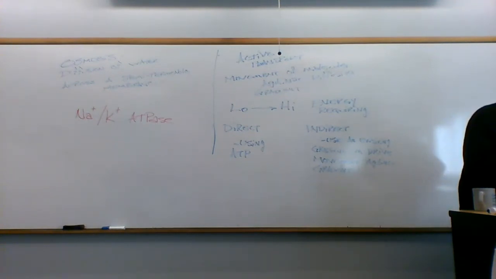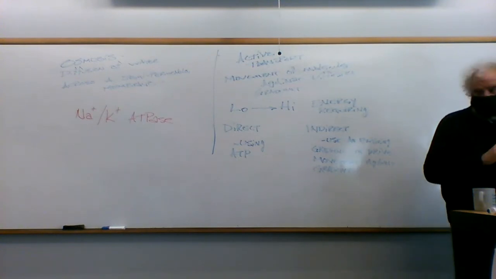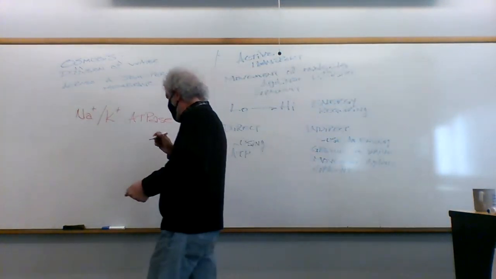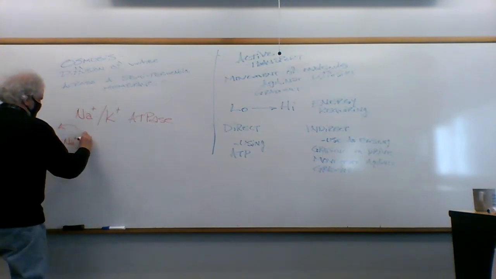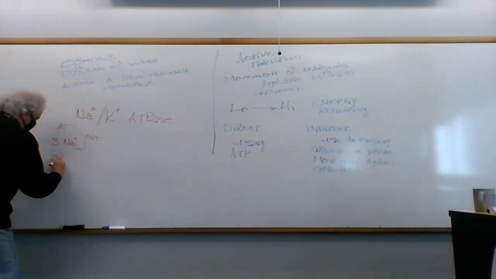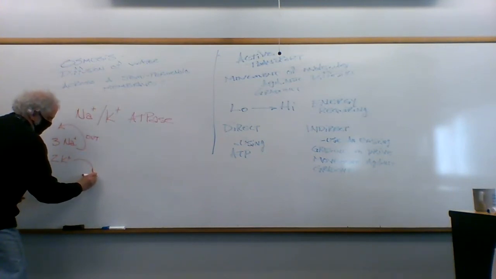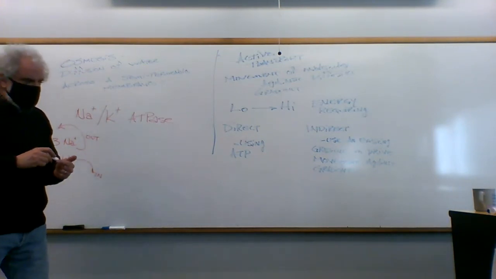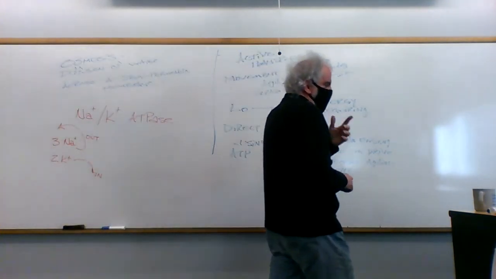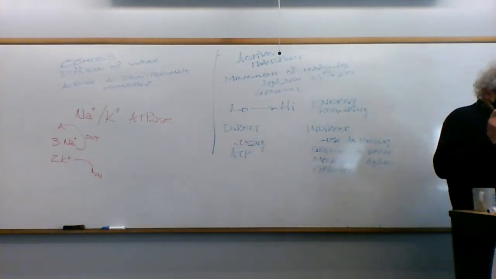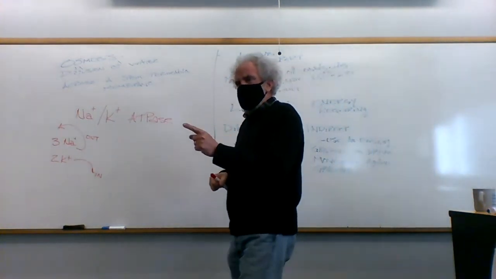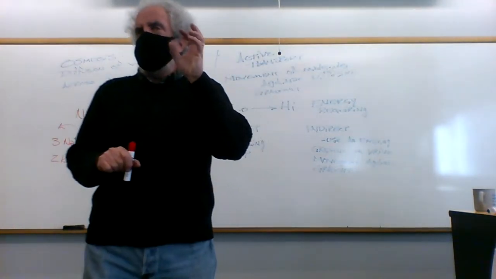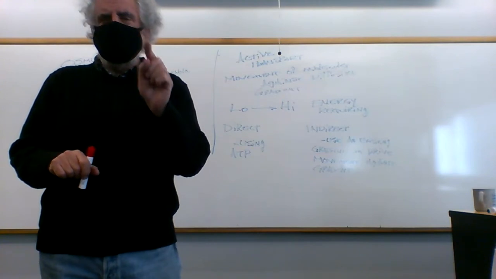Figure 12-11 is looking at the sodium pump. Regardless, what we've got here with the sodium potassium ATPase is 3 sodiums moving out and 2 potassiums moving in to the cell. So the sodium potassium ATPase is stuck in the membrane, pumping these ions back and forth, and the ATP is being hydrolyzed, and I think in this case it is in fact a direct kinase, but I'd have to look